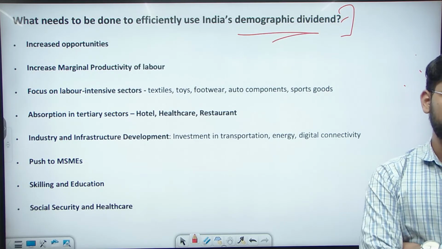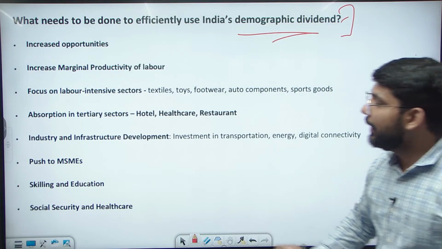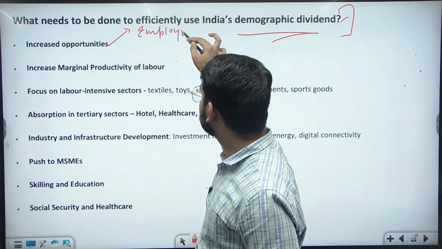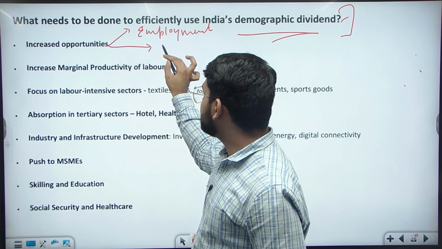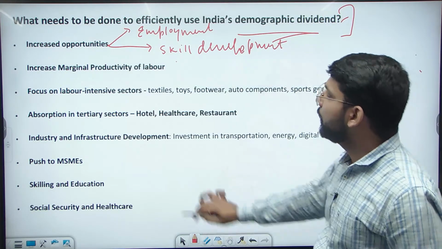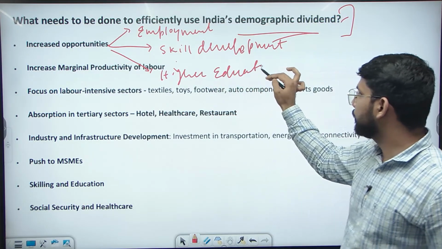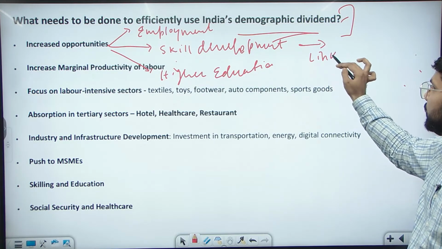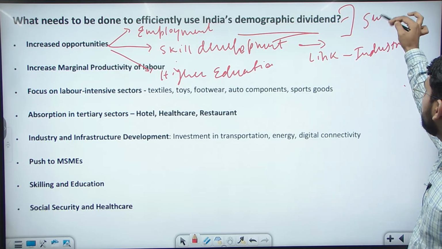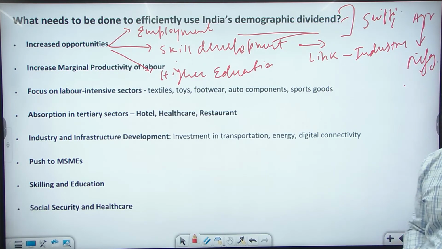One is increased opportunity. How? Increased opportunity means increased opportunity in employment. This everyone must know. Increased opportunity in skill development. Increased opportunity in higher education. Increased opportunity in linking education with industry. Shifting from agriculture to the manufacturing sector. These are the opportunities that can be increased for the